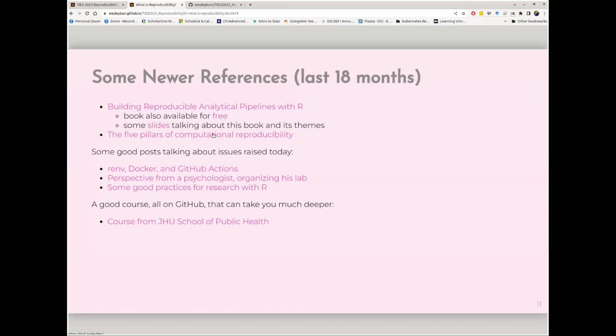There's posts about R environments and Docker. That's stuff that we're going to be talking about in a little bit. Some perspective from a psychologist who's organizing his lab to use reproducible policies, and some good practices. And there's also a course from Johns Hopkins, from Stephanie Hicks. It's just the curriculum and stuff, but you can still look at it, which could take you deeper.